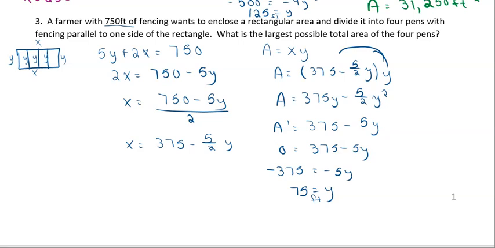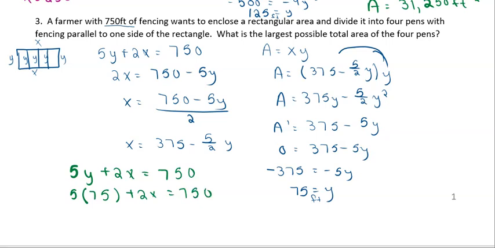Well, if y is 75, what is x? Let's see if we can figure it out. I always like to go back to the original or close to the original when I am solving for another piece. Partly, I feel like if I made a mistake and I go back to the original, hopefully I'll catch it. Partly, I know that I had a solid equation there and I don't want to work with a fraction right here. So I'll put this back into our original equation, and we can solve it for x. So we have 5 times, we figured out y was 75, plus 2x is equal to 750. So 5 times 75, that gives us 375. So if we subtract 375 from both sides, we get 2x is equal to 375. And then divide both sides by 2, and we get x is equal to